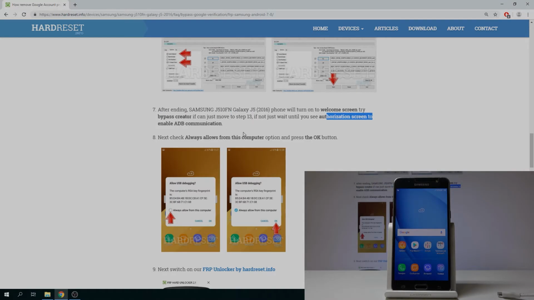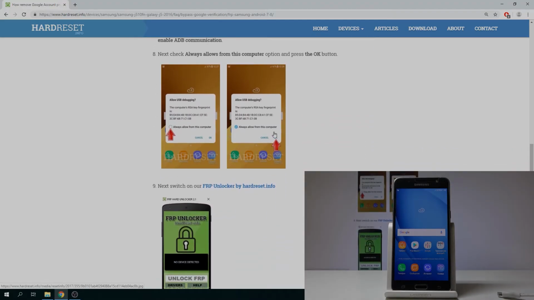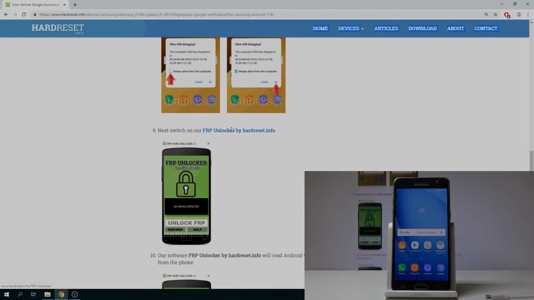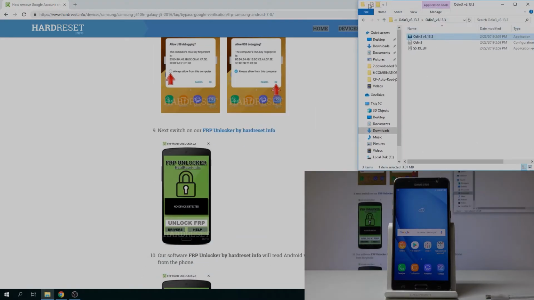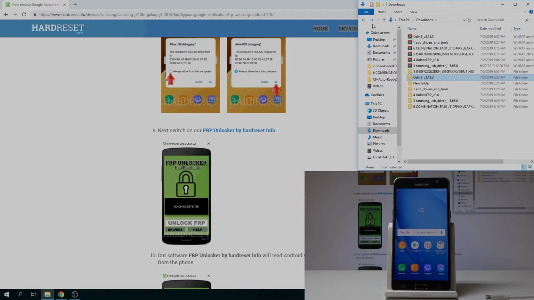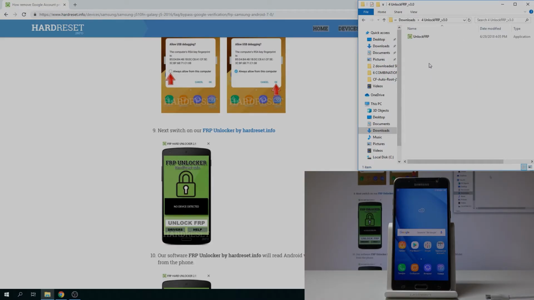So basically, whenever we have the Google verification, you have a little step for it. So plug it in with the USB, and then always allow from this computer when you plug the cable in, and then you would launch the FRP file or program, we shall say, which is unlock FRP right here. So you launch this